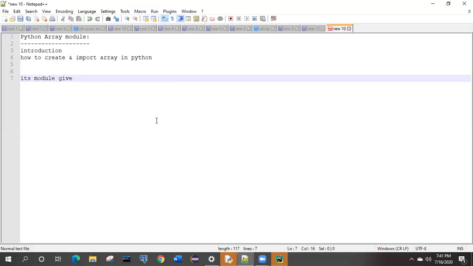This Python array module will give us an object as the return type. If you have a group of things, it will return the object of that. A group of elements is there, and all elements will be clubbed together into a single object, which is going to be returned by this Python array module.